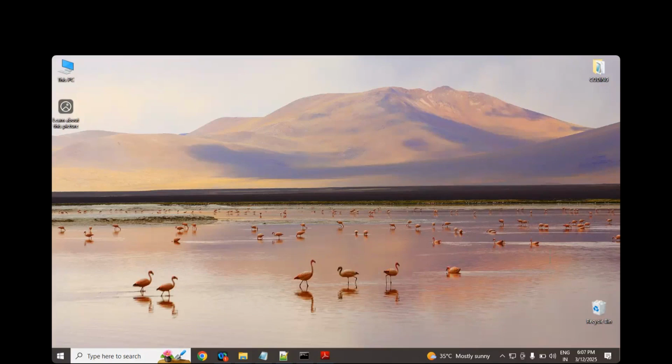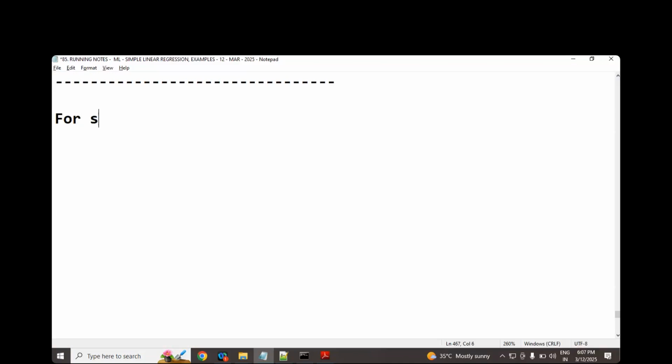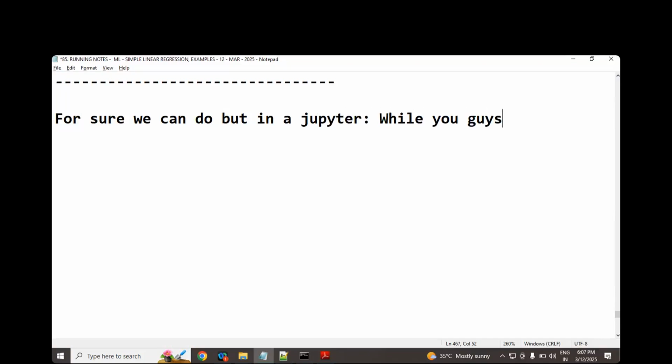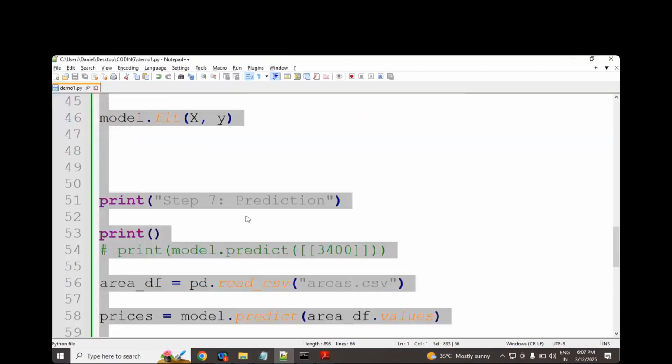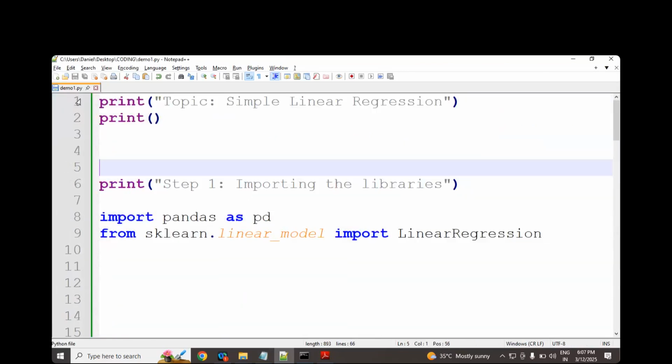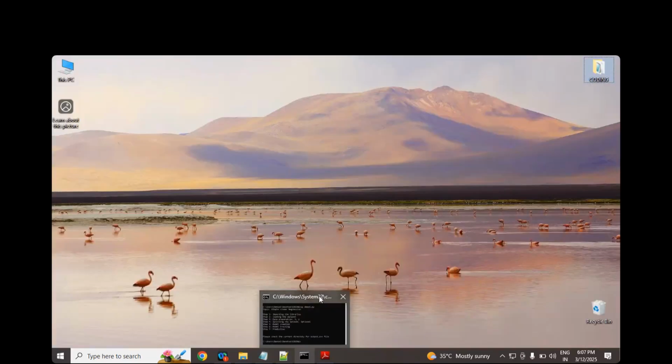Can we do these examples in Jupyter also? Notepad++ is kind of new to adopt actually. Ma'am, for sure we can do. While you are doing practice, make a note on this: you can practice over Jupyter. But let me tell you, Notepad++ we have to adopt. In companies, they are using Notepad at least to take some examples.